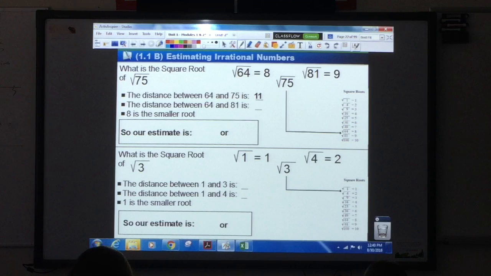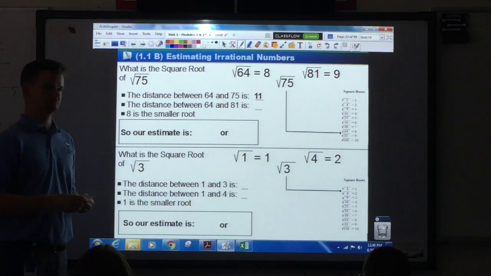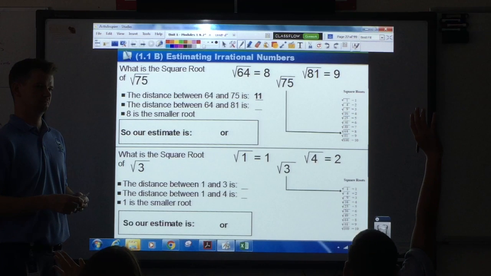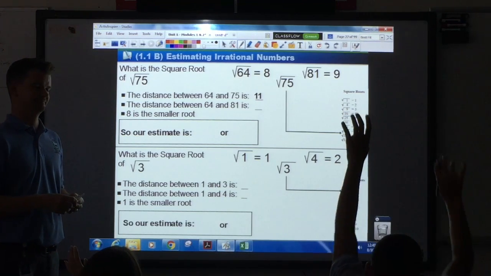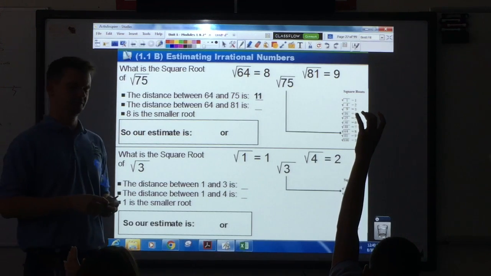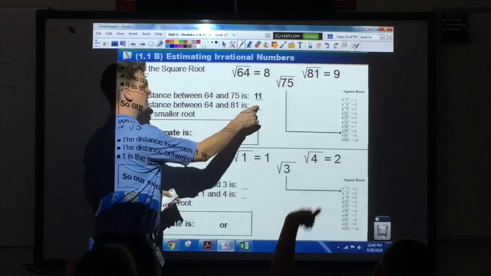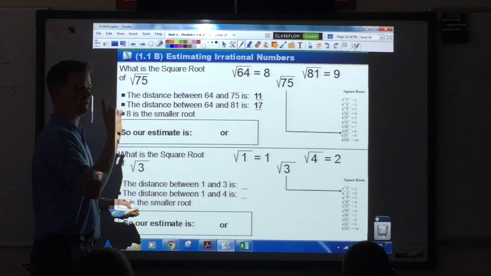Let her work it out. You got it already, just wait. Everybody, 17. So my numerator will be 11, my denominator 17, and that means my estimate is going to be 8 and